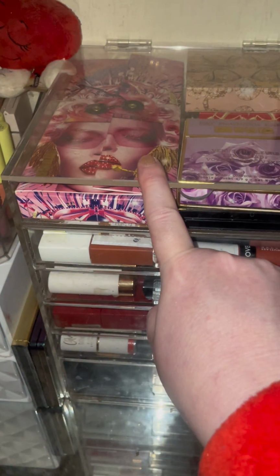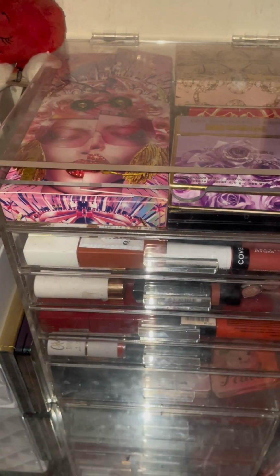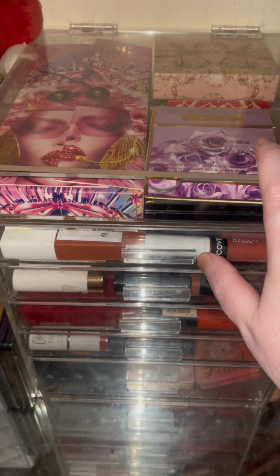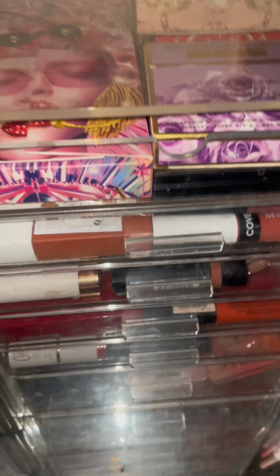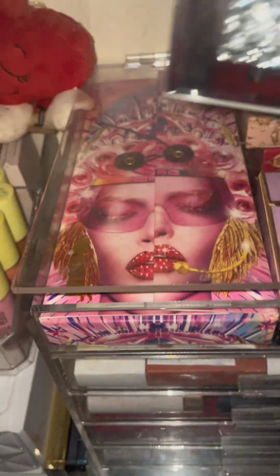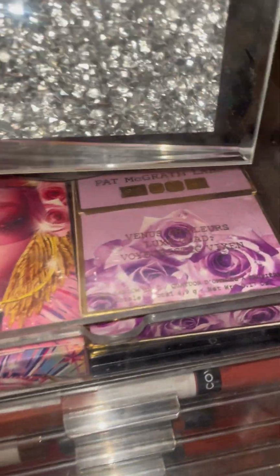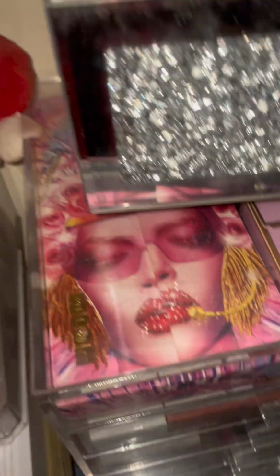So I've got the Utopian Dreams here, my most special ones, but it doesn't matter because something's going to go on the top. Like my brushes, I'll show you. So this tends to go on the top anyway, so it's out of the way. And then my lipsticks, the ones that I'm kind of trying,